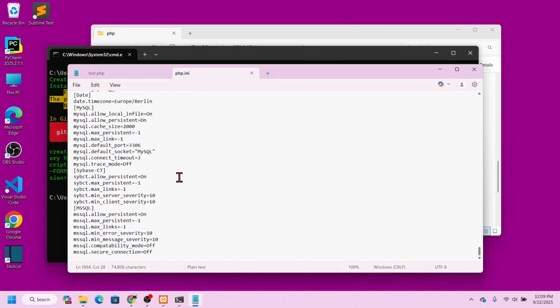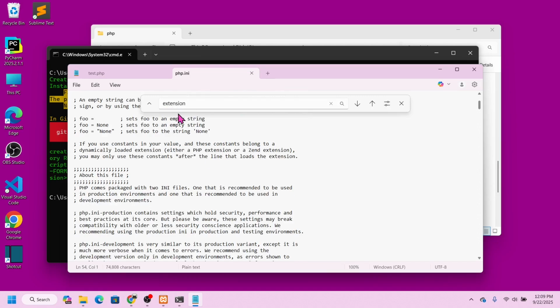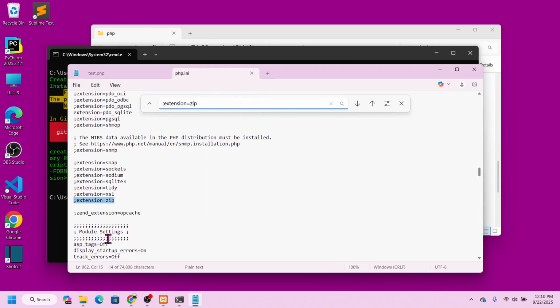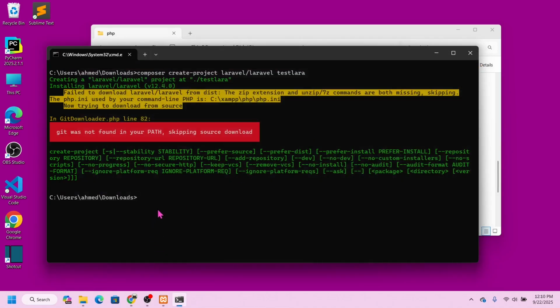Go to the very bottom. We have to look for the extension. Search for semicolon extension, and type zip, and here you can see it. We just have to remove this semicolon only. Save it. Now remove this, and now if I say Laravel new test Lara,